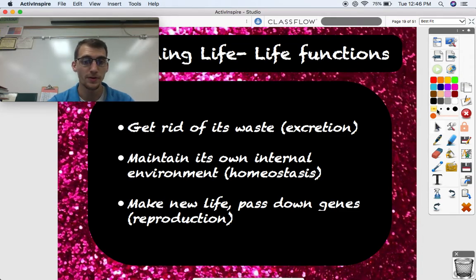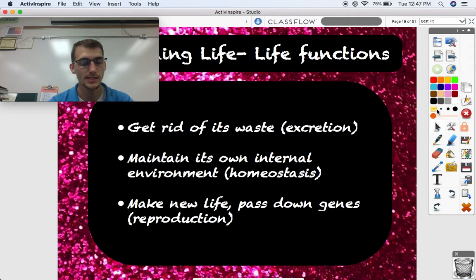So homeostasis refers to an internal environment. Your internal environment, meaning what's inside of you, should be stable. It should have a set point at what it should be at. Like, say, for your body temperature, for example, it should be right around 97 to 99 degrees Fahrenheit. And your body works really, really hard to maintain that temperature, and that's part of homeostasis. And it keeps that internal temperature going despite the outside temperature changing. All right,